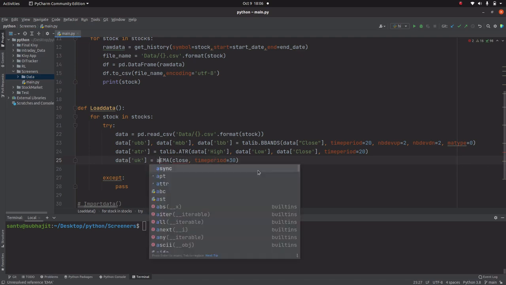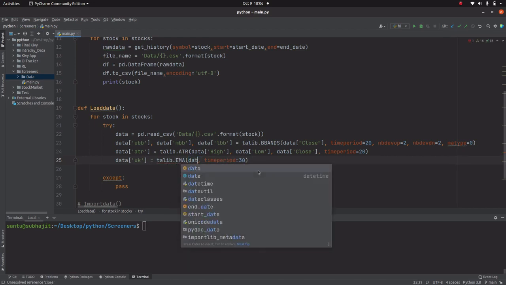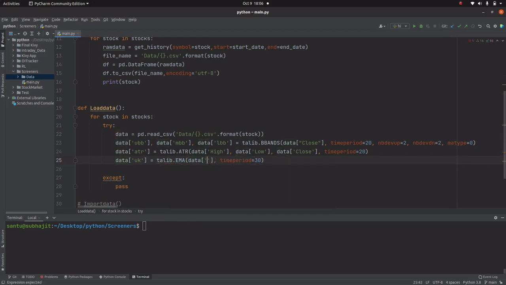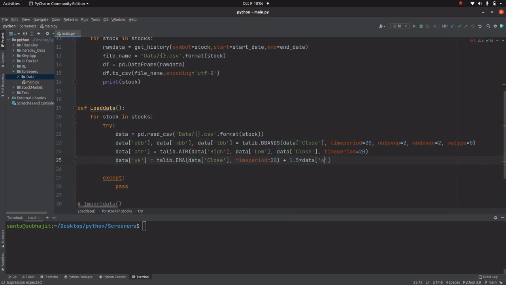Again we have to take talib.EMA, and close will be data close, and time period will be 20, and plus 1.5 into ATR. ATR is data ATR.